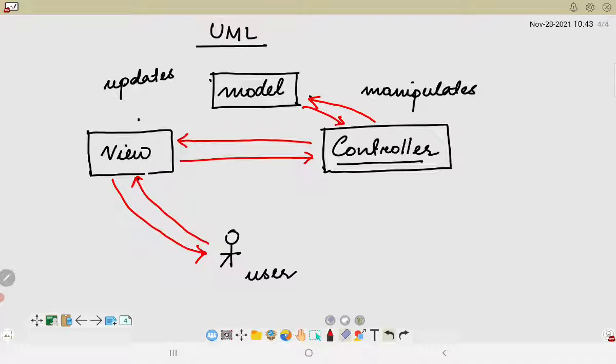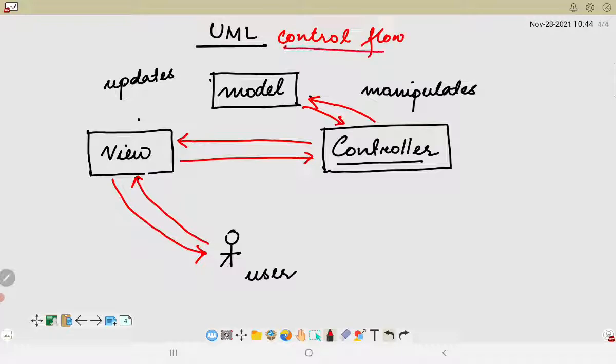Okay, the previous representation was a simple representation where all the three components are connected, and we saw how they work with each other and what their responsibilities are. But this is the control flow, the UML control flow of the MVC design pattern.